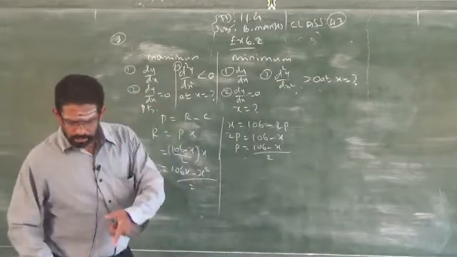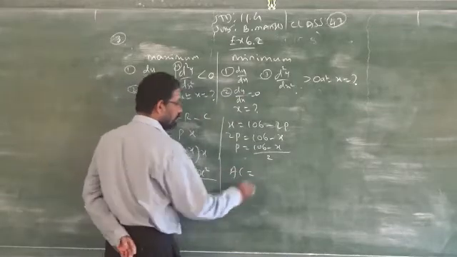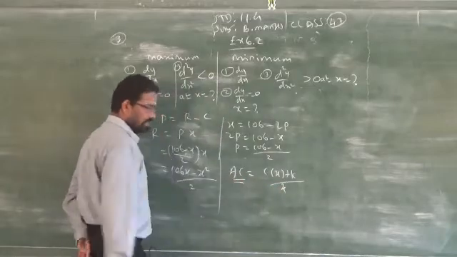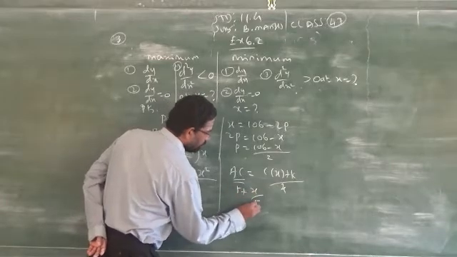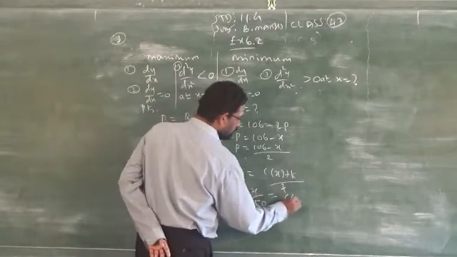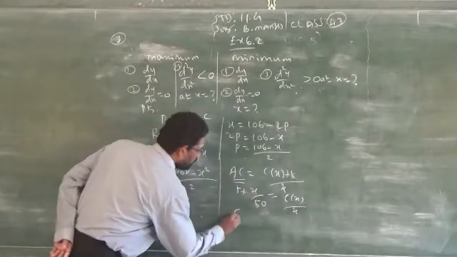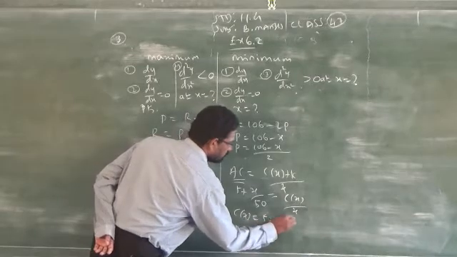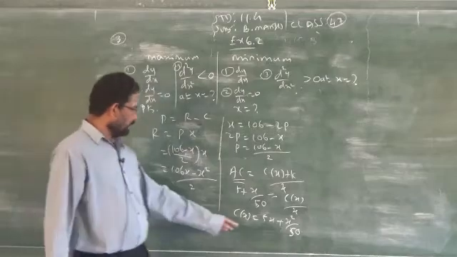So next I have to find out cost. Do you have cost in that? Cost is not given, but AC is given. So what is AC? AC is C of X by X. This is the formula. So AC is given. So I am replacing the place of AC by 5 plus X by 50. 5 plus X by 50 is equal to C of X by X. Just to cross multiply, I got C of X is equal to 5X plus X square by 50. Clear?